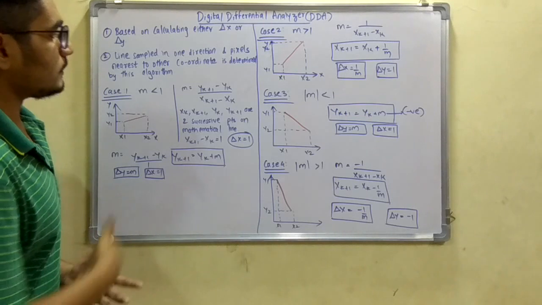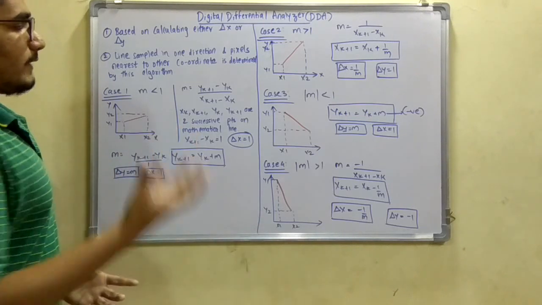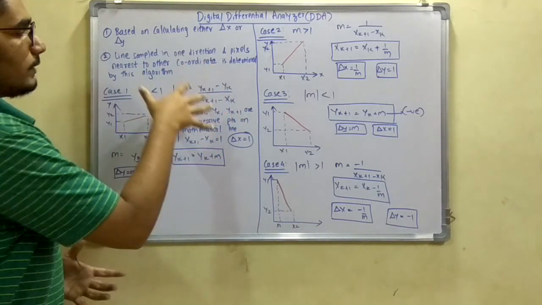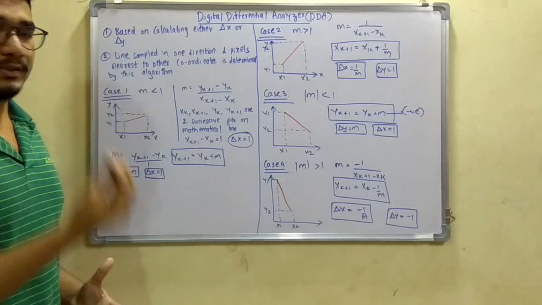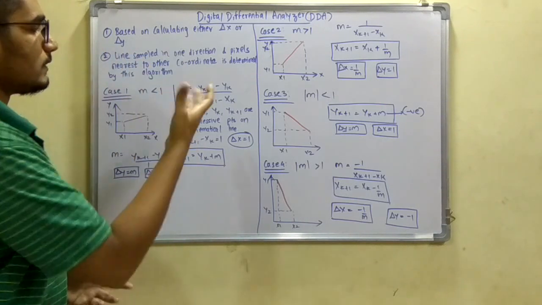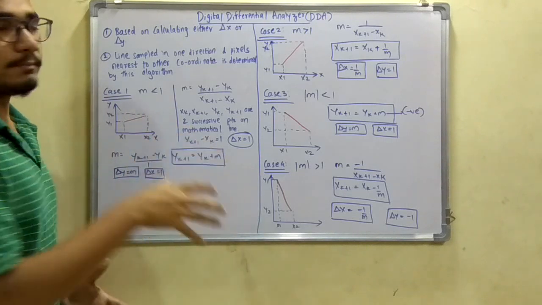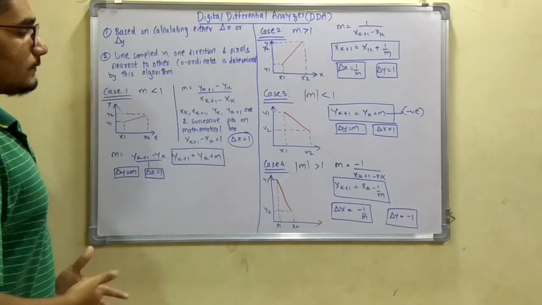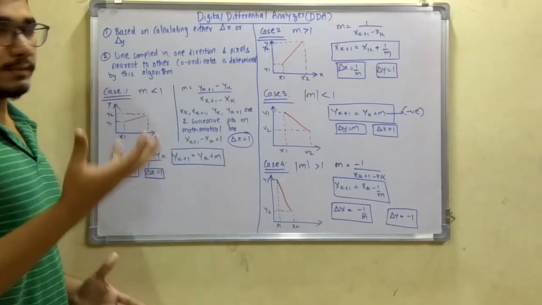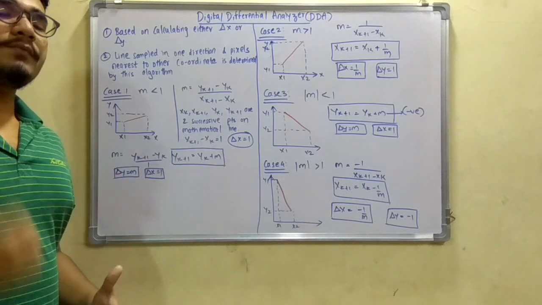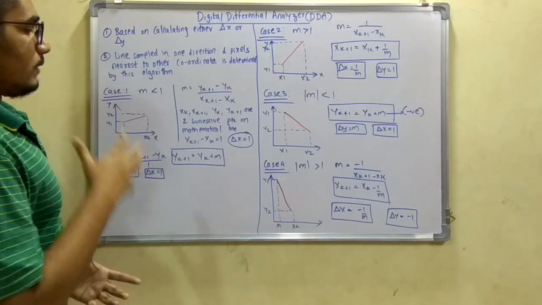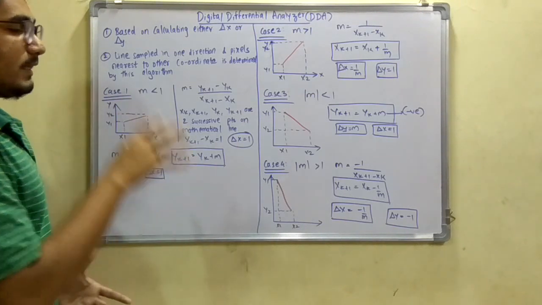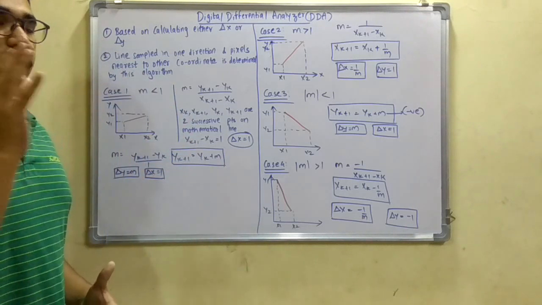Here y k plus 1 minus yk, the successive point, you can consider as y2 minus y1. So the next point to be projected is given by yk plus 1 minus yk divided by xk plus 1 minus xk. In these parameters, xk plus 1, yk plus 1 are the 2 successive points on the mathematical line, which we saw in the other video on the LDA. Since the slope is less than 1, we have xk plus 1 minus xk equal to 1. That is the delta x parameter, here it is 1.